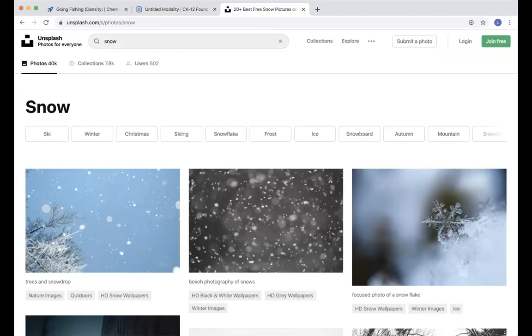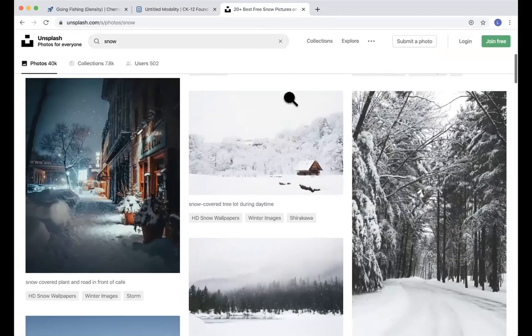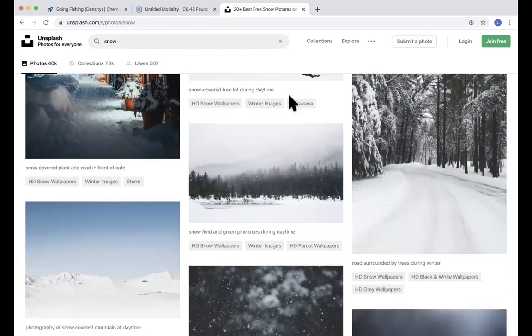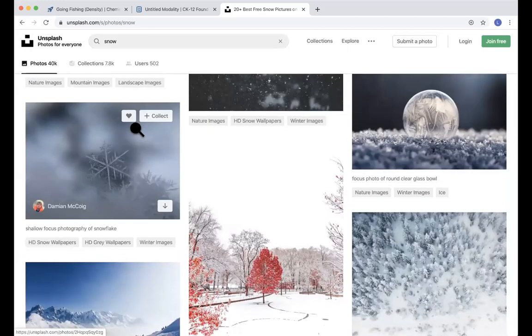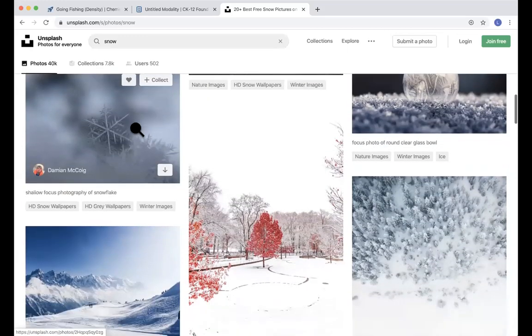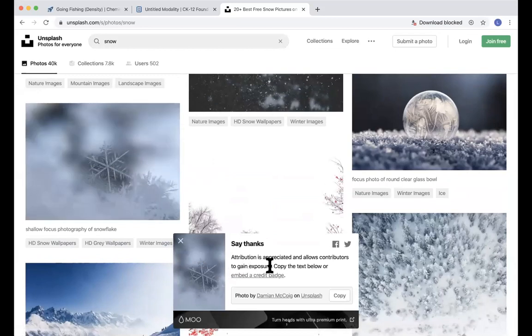If I search for snow on the site, I like it because these images are taken by photographers and they're put up on the site, and they just ask for attribution. And I think they're better quality than a lot of Google clip art and random stuff. So this looks like a nice snowflake, I think. And if I wanted to download it, it says attribution is appreciated, and so I can embed a credit badge. We know who the photo is by, so I can copy this, which is kind of exciting